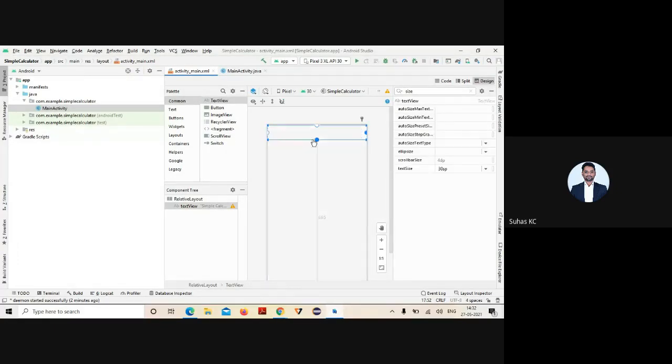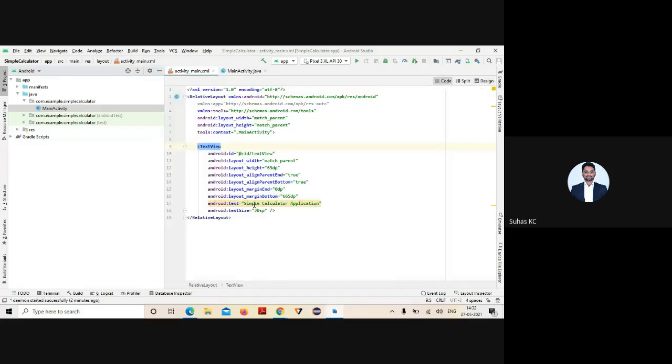Hope you're clear. How to change the style of this? I can change it in your code part. Just go here and give text alignment. It only comes center. You can do that here, and see, it has been centered.